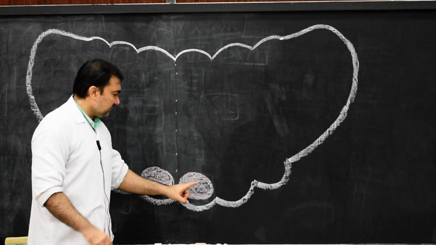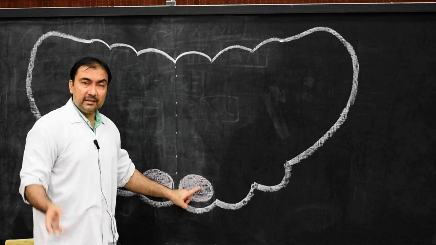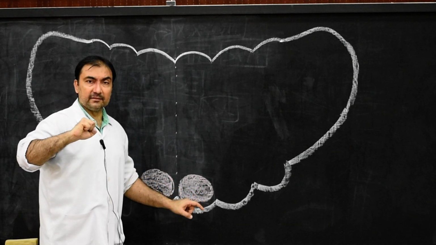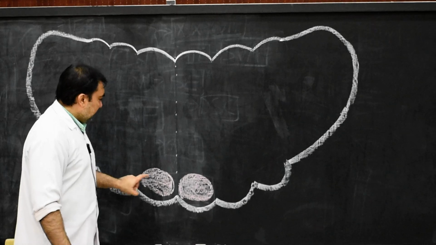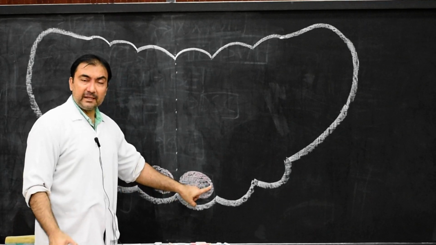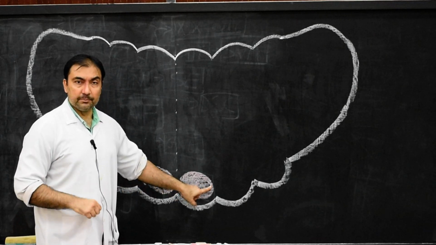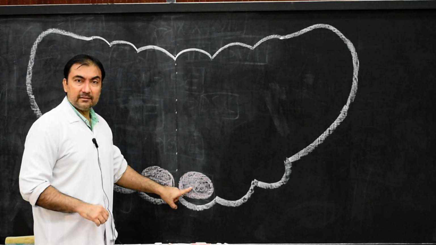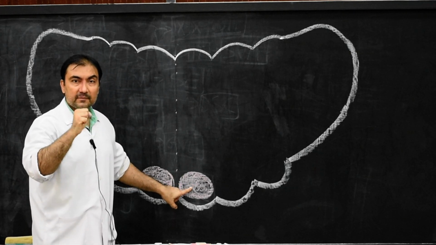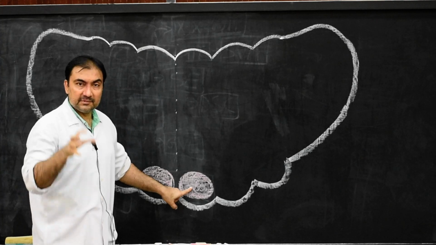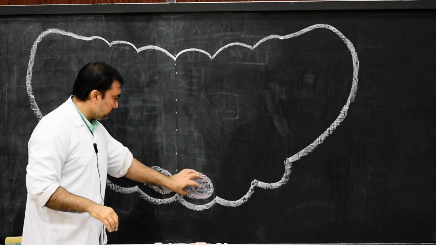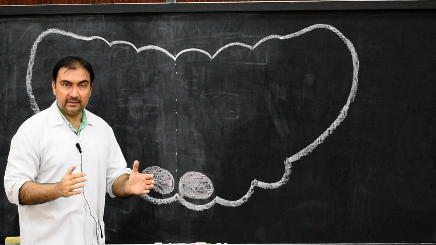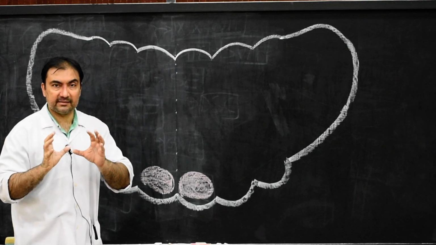Therefore, they will carry motor fibers, and these motor fibers are carried in such a way that laterally here there will be the fibers for lower limb, and medially there will be fibers for upper limb and trunk. Such fibers are present in both pyramids, right and left, that is anterior corticospinal tracts.